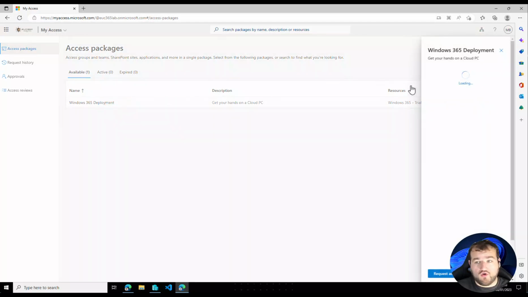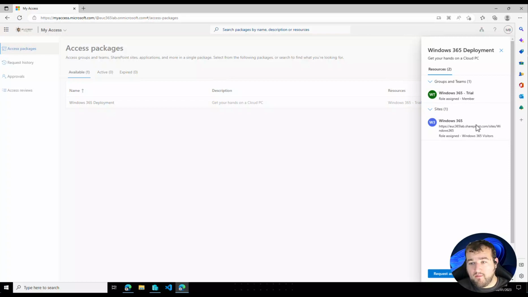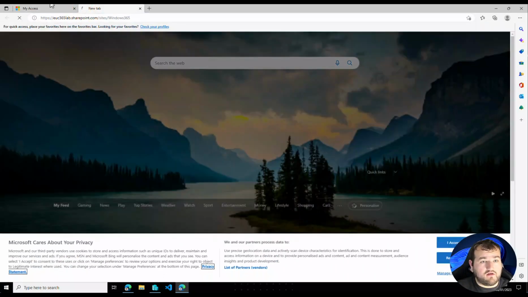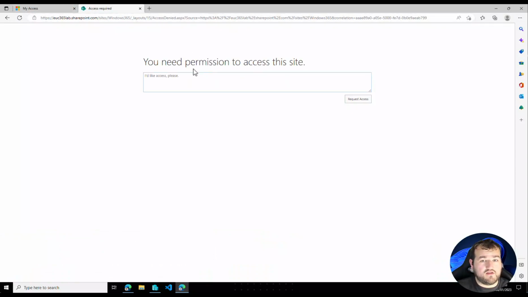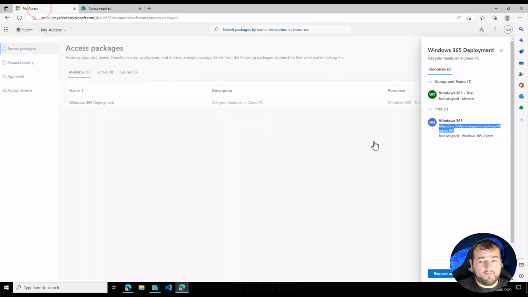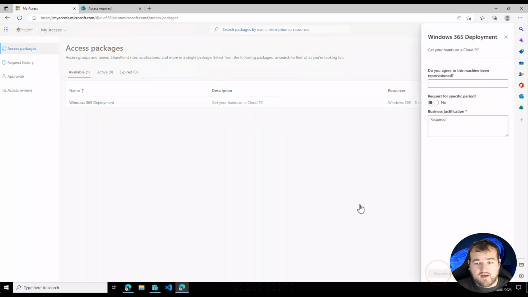So if we click on the access package itself, you will see what resource it's given access to. You're going to be a member of this group, and you're going to have access to this SharePoint site. If I head over here and put that in there, you can see at the moment I don't have access to the site. Okay, so if I request access, yes, I do. I don't want a specific period, and I've given a great valid reason. Okay, if I then click request access,